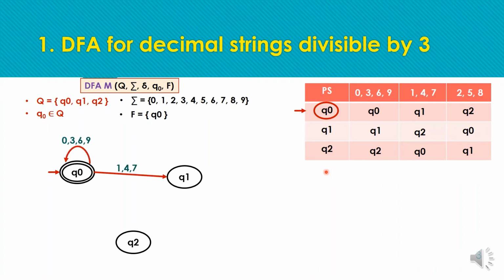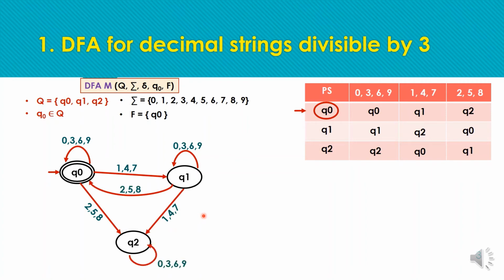So defining the transition from the transition table for the state Q0, as for first set we are moving to Q0, we are having a self loop to Q0. For the next possible set of input we are moving to the state Q1, and for the next possible set of input we are moving to the state Q2. Next, defining the transition for the state Q1 like this, and last we have to define the transition for the state Q2. So after defining the transitions for these states, we also need to define the tuples for the same in the exam. Next, let's check the acceptability of a string for this DFA.